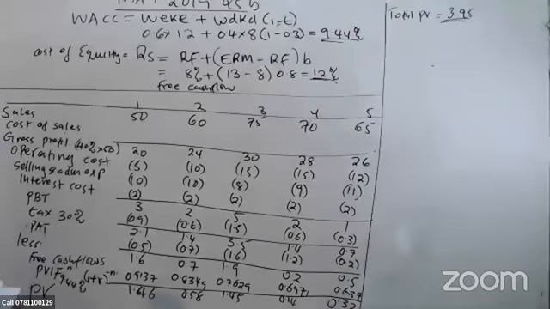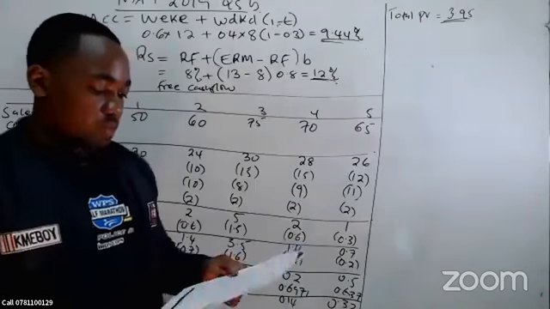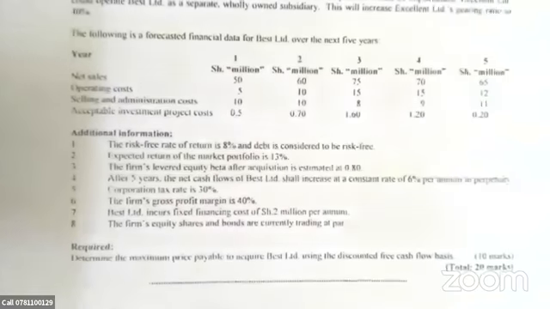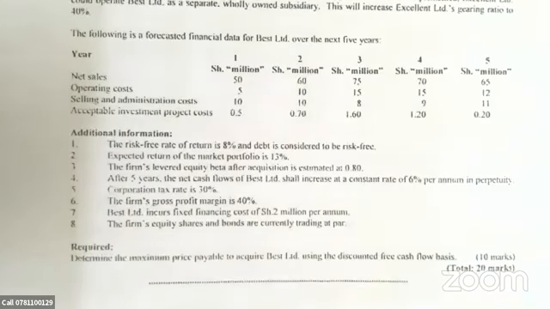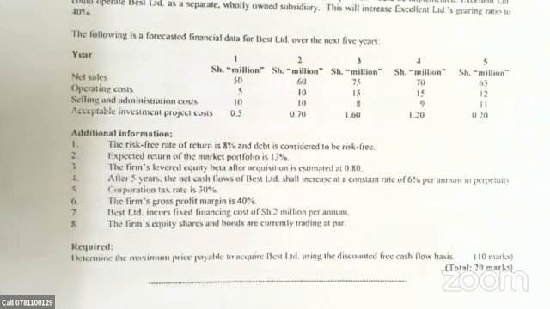So I want us to go back to the question. That's not all. Let's go back to note number 4. Note number 4, you are told that after 5 years, the net cash flow of Best Limited shall increase at a constant rate of 6% per annum